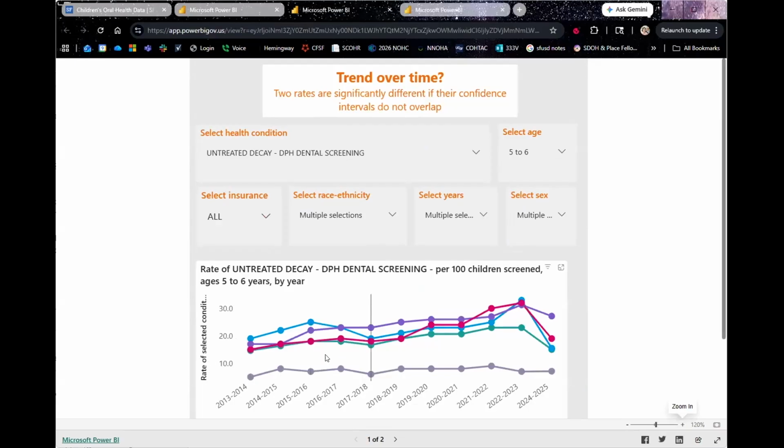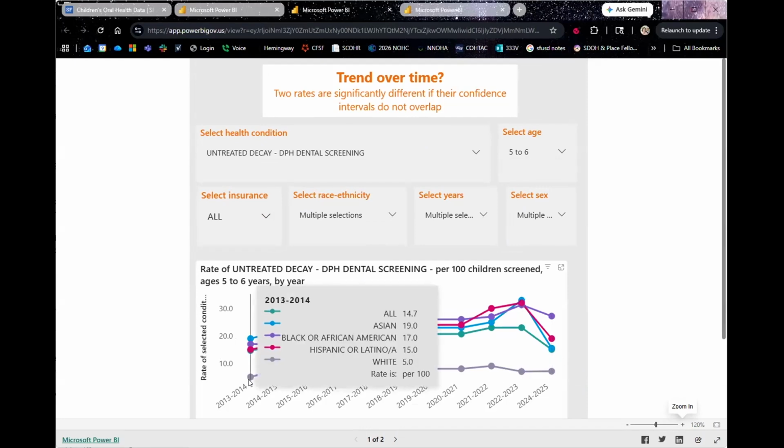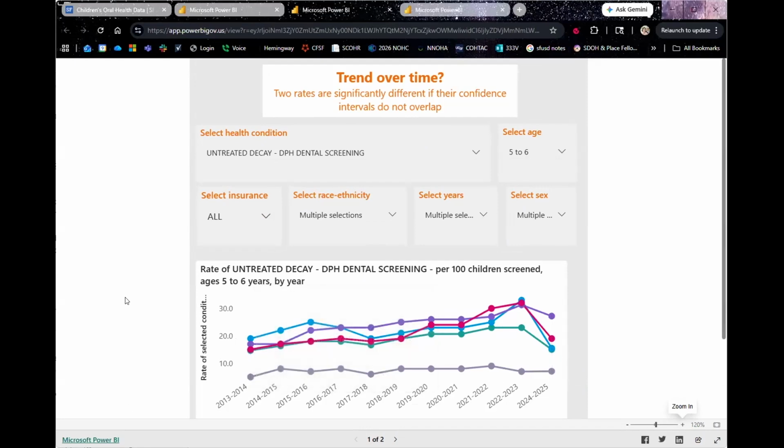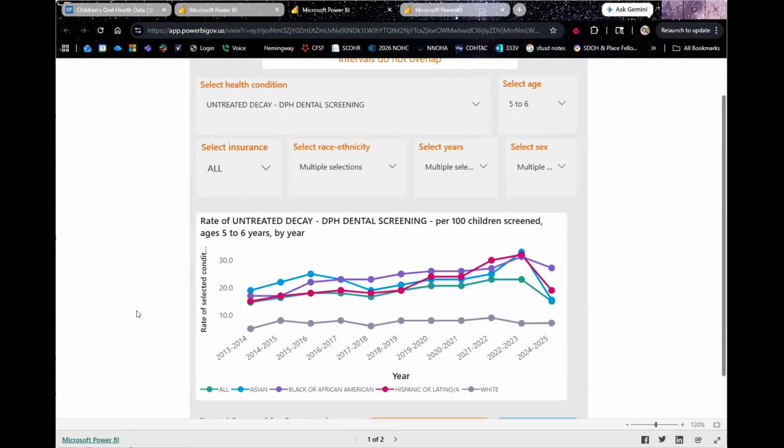This is all of our COHA screening data. And as you see, we go back quite a long way because we started doing the school-based programming and school-based screenings back in the early 2000s. And so the data was tracked and collected in Excel spreadsheets by our maternal and child health epidemiologist, who was always really passionate about oral health, but also data.